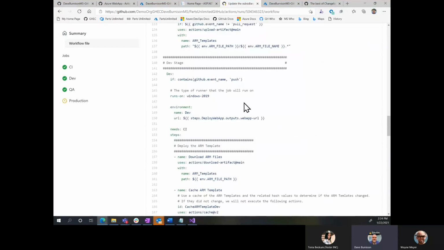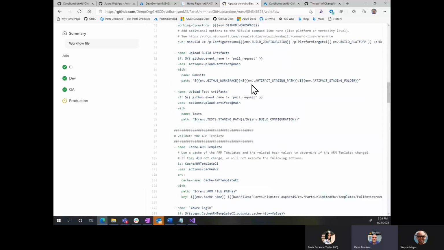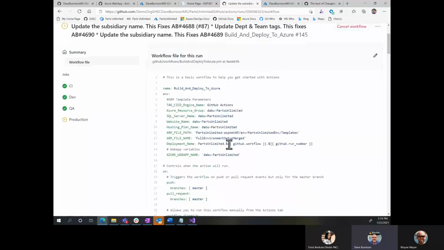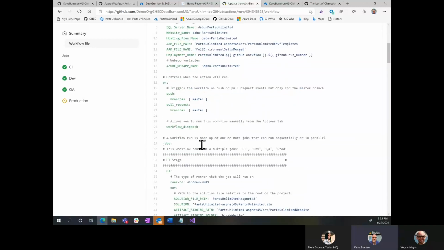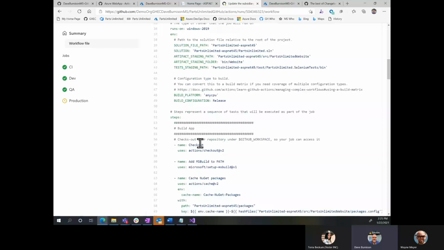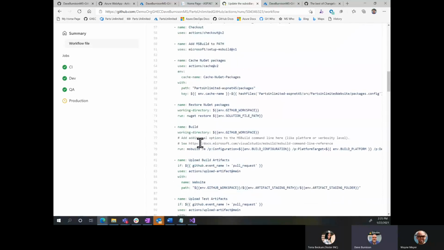And as we go down here, we'll notice as we get into the different stages, we've got logic in here that says, if this is a push, we want to do our deployments, because we set up our triggers to work on both pushes and pull requests. So right here, we've got push. We've also got pull request. So we don't want to deploy on every pull request, just the actual merges into our main branch. And so we can be smart about our logic.